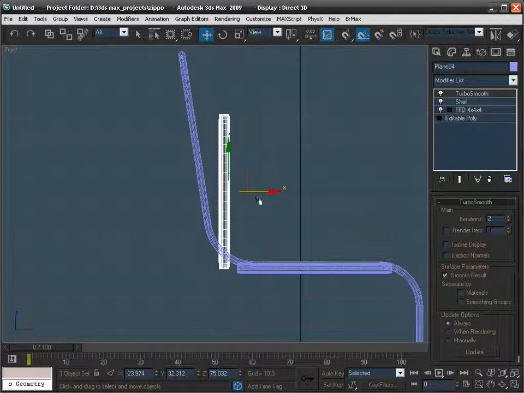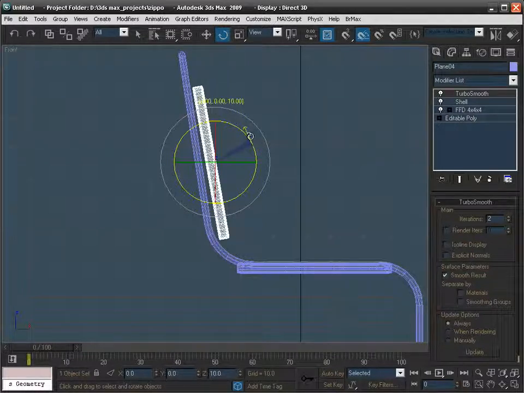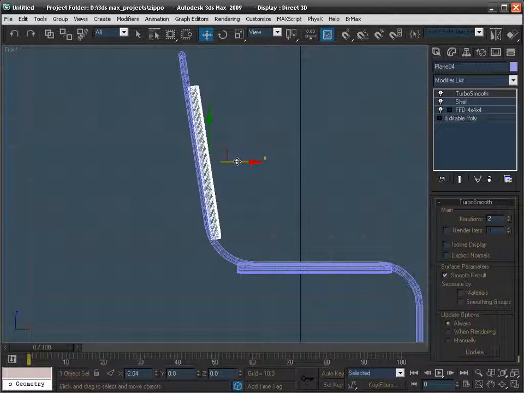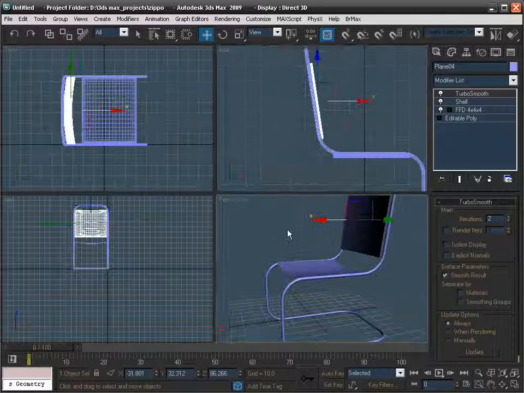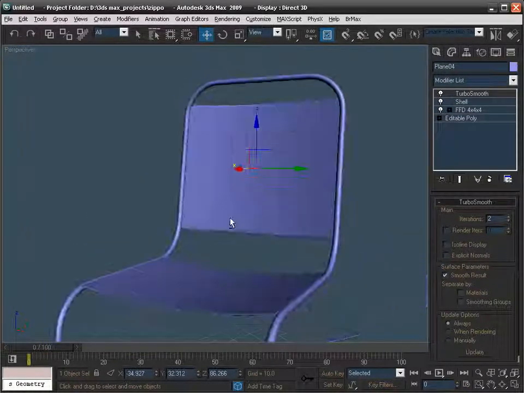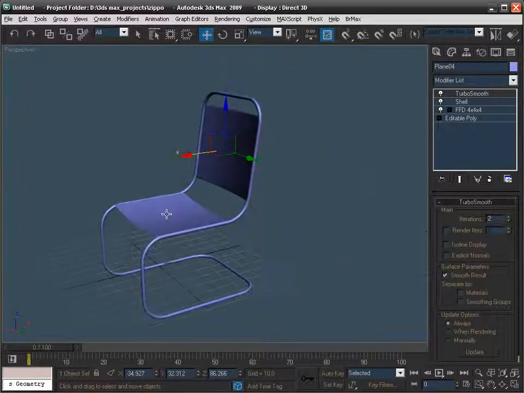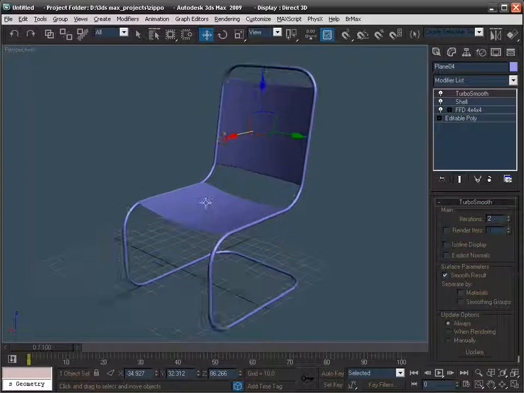Let's go back, pull this up, pull this back, rotate these. Let's turn on angle snap, turn off angle snap, and move this back into position, and pull it back, and there we go. We have a nice looking chair. I can further go on